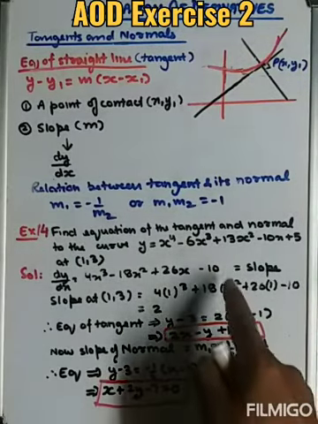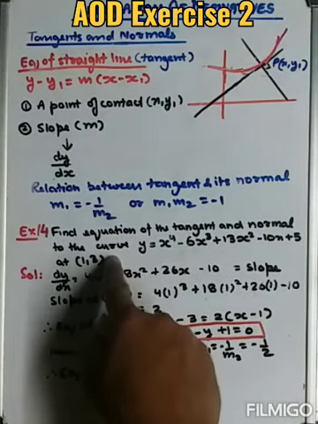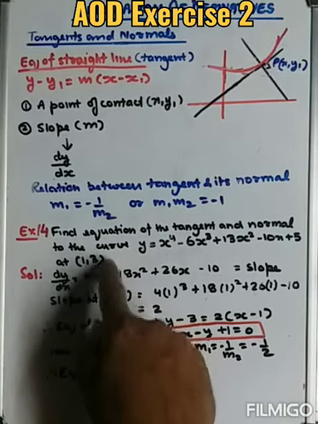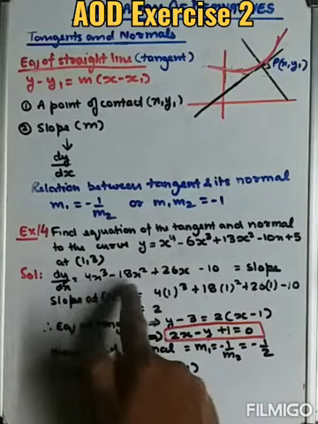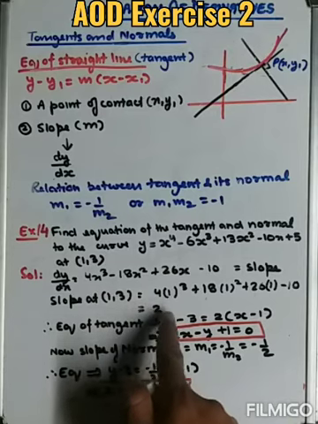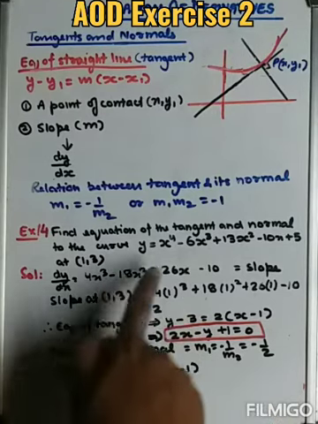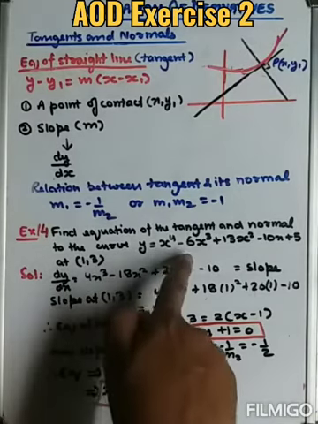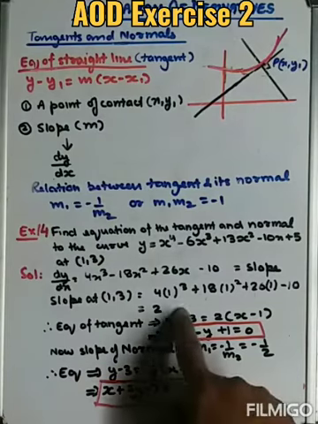Now we have to find the slope at the particular point where this tangent touches the curve, at this (1, 3) point. So in this equation we can see that we have x only. So take out the value of x. x is 1. Put the value of x as 1. We will get the value of slope exactly where this tangent touches this curve at this point. So we have got the slope, we have the point.